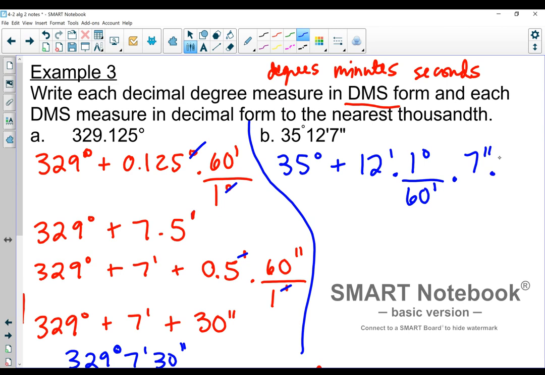So I know that for 1 degree, there is 60 minutes, and each minute is 60 more seconds. 60 times 60 would be 3,600 seconds. And then again, top and bottom, I've got minutes or seconds, so those are going to cancel out. And so now we're going to get a bunch of decimals back. So 35 degrees plus 12 divided by 60, that's going to be 0.2, and I'm left with degrees plus, and then I'd have 7 divided by 3,600, which is